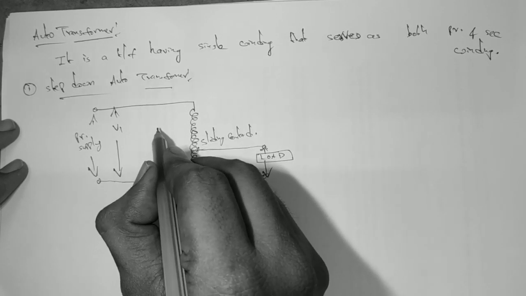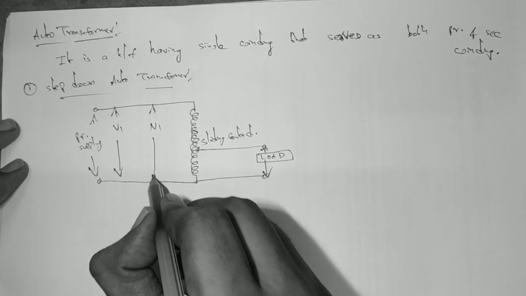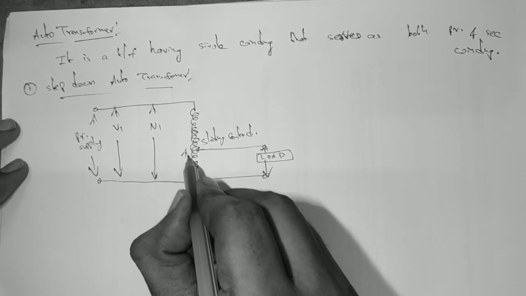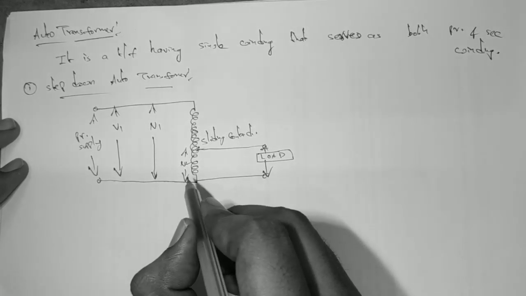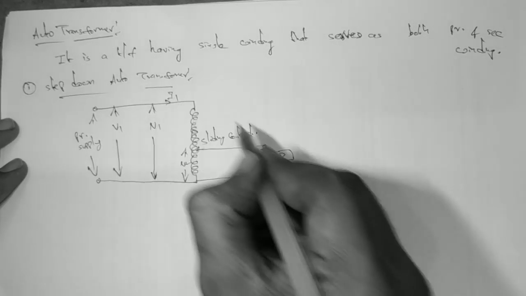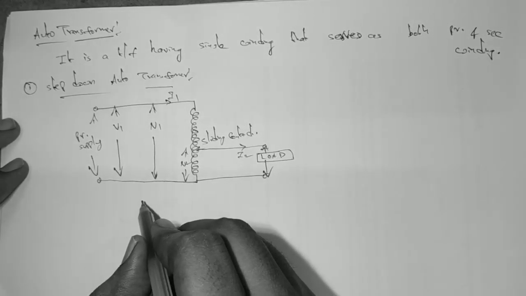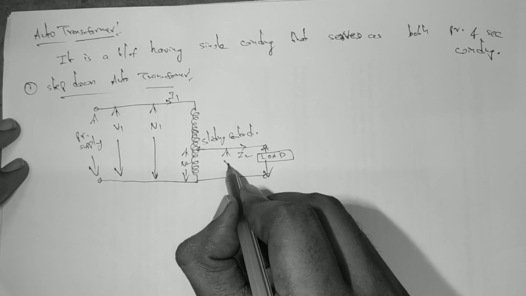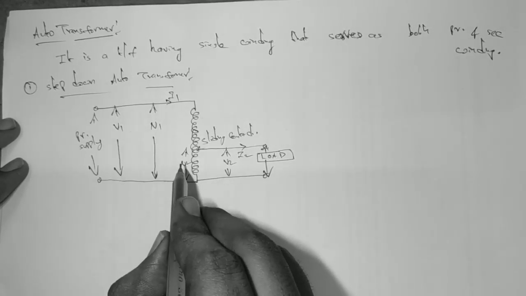So supply side voltage will be V1 and supply side winding is N1, which is greater number of turns, and secondary, that is from sliding contact, secondary winding, which is N2 value, is very low compared to the N1 value. So it is step down transformer. The current flowing in primary winding is I1 and current flowing in secondary winding is I2, and voltage across the secondary, that is load, is V2.